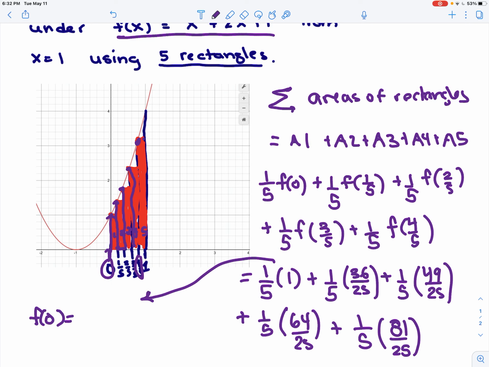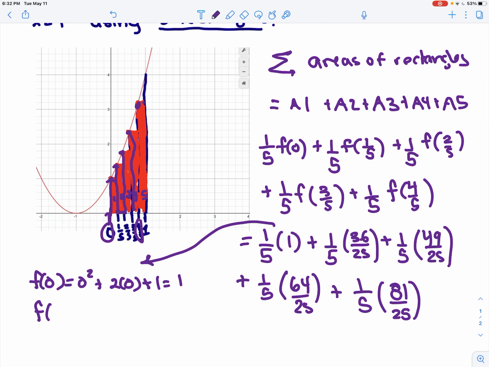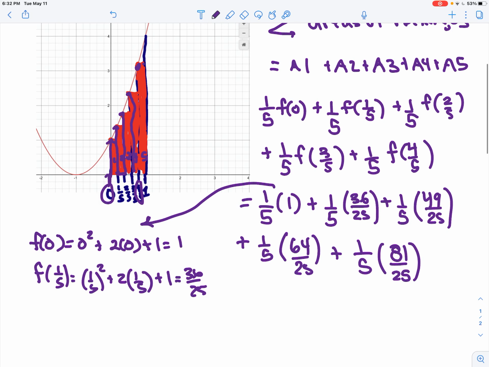Okay, just letting you know what I did here. So I said f of 0 equals 0 squared plus 2 times 0 plus 1, which equals 1. And then I said f of 1/5 equals 1/5 squared plus 2 times 1/5 plus 1, which equaled 36 over 25. Okay, and then when I add that all up,